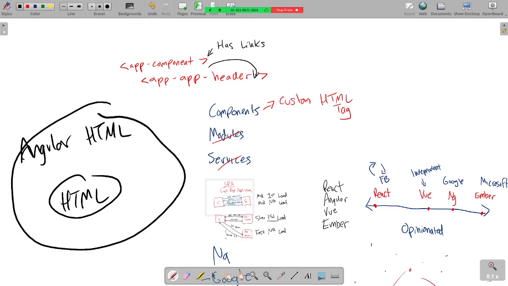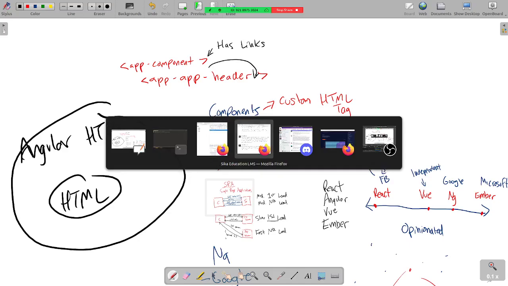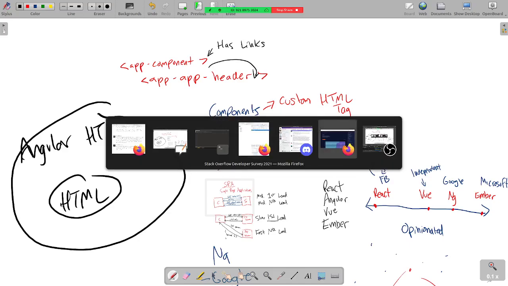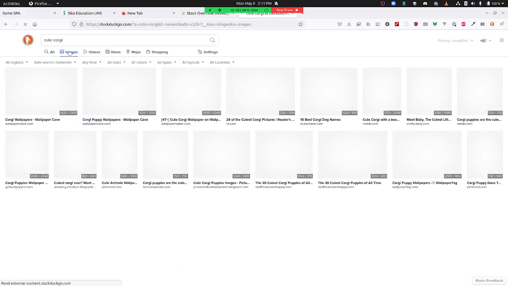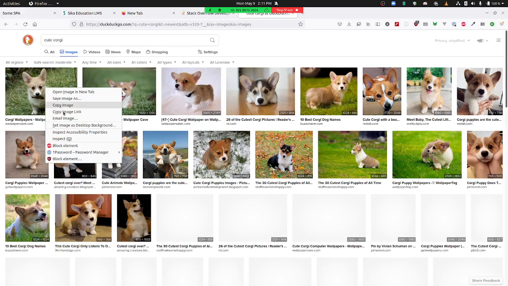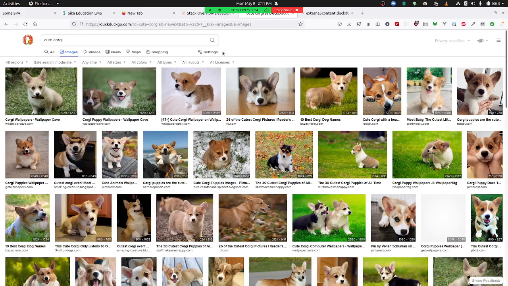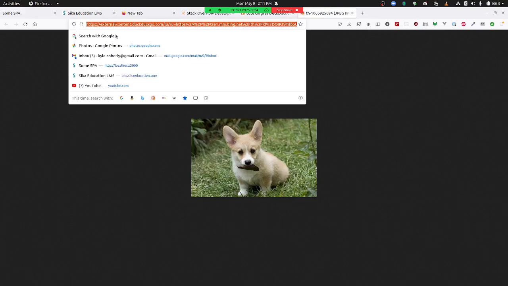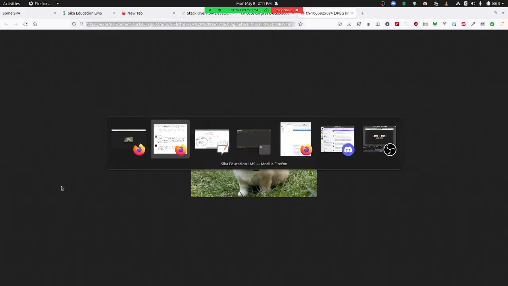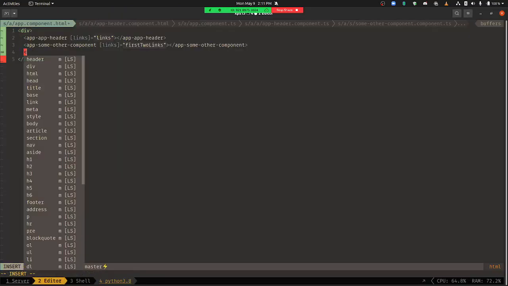So you can still do like cute corgi. And grab that image and